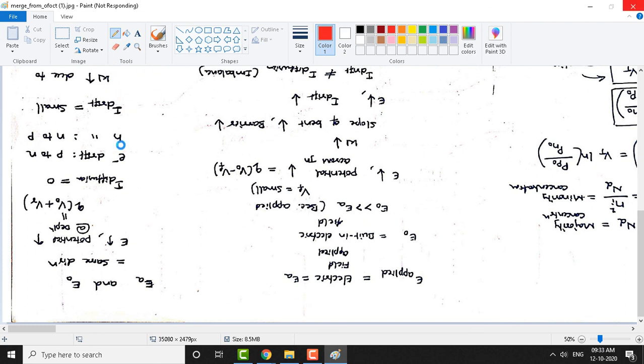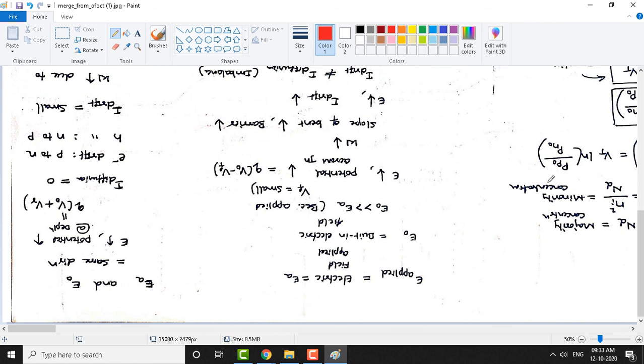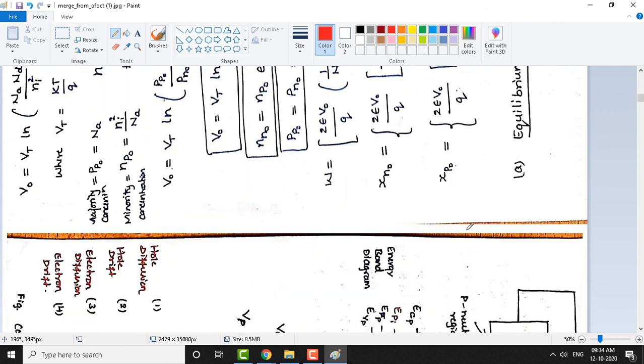Anyway, I will upload this in Google Classroom, so you can go through it and come prepared for the next class. We'll cover all these things in the next class. Once we are done with the PN junction, we need to move to reverse bias and optoelectronics, which will take less time to cover. I hope till this class you have understood everything we covered. Next class we will move to the topic of PN junction under steady state conditions.